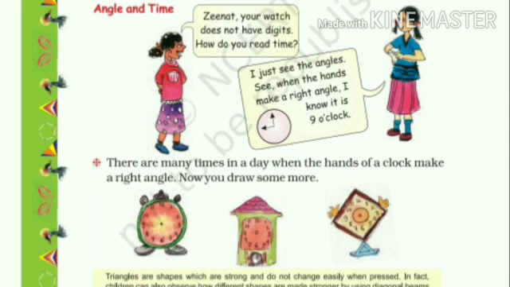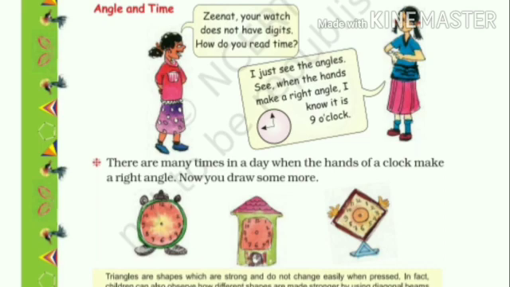यूजुअली स्टूडेंट्स आप सबने वॉच देखी होगी. वो वॉच में डिजिट्स, न्यूमेरिकल डिजिट्स लिखे होते हैं 1 to 12. बट हियर द वॉच विच शी इज हैविंग, जन्नत इज हैविंग, उसमें क्लॉक नंबर्स नहीं दिए हुए. इट्स नॉट अ न्यूमेरिकल. सो नाउ जन्नत इज रिप्लाइंग, आई जस्ट सी द एंगल्स. मैं सिर्फ एंगल्स देखती हूँ. See, when the hands make a right angle, I know it is 9 o'clock. Means she is saying कि मेरे हैंड में जो क्लॉक है उसमें न्यूमेरिकल्स नहीं है. तो मैं जब my clock makes right angle means in the L shape, so it's 9 o'clock. मैं ये देख लेती हूँ.